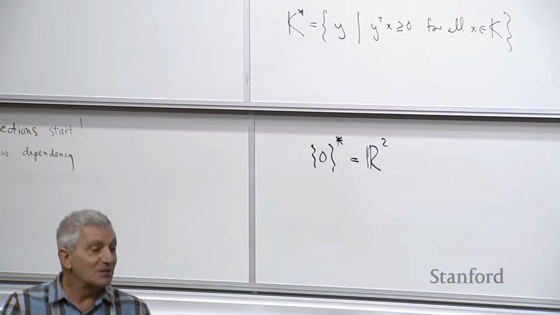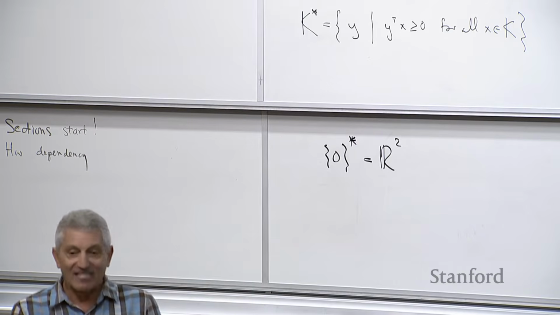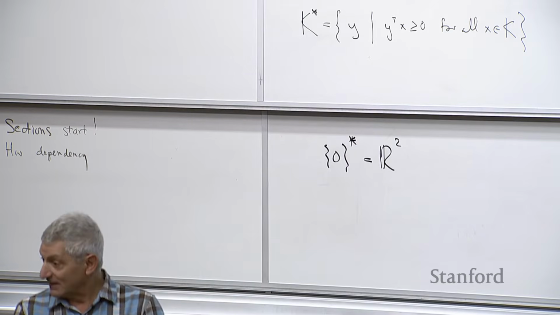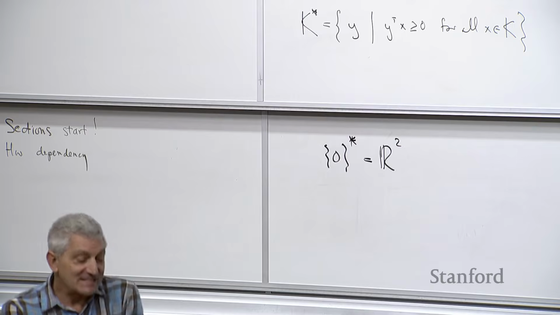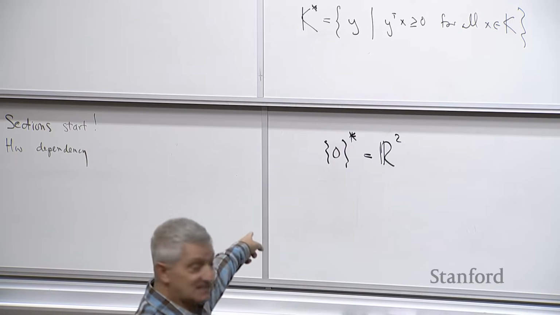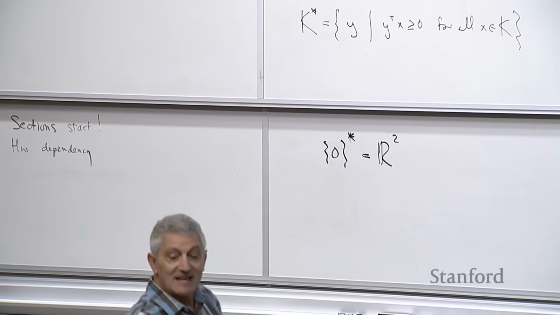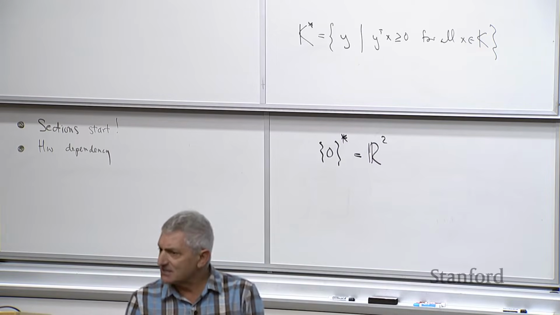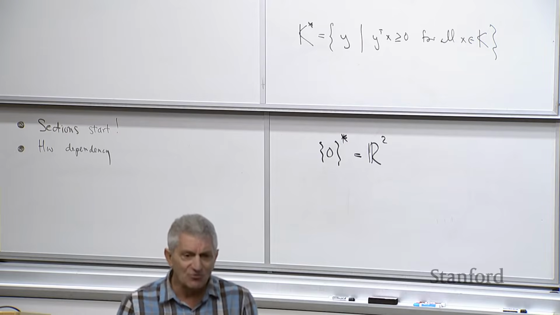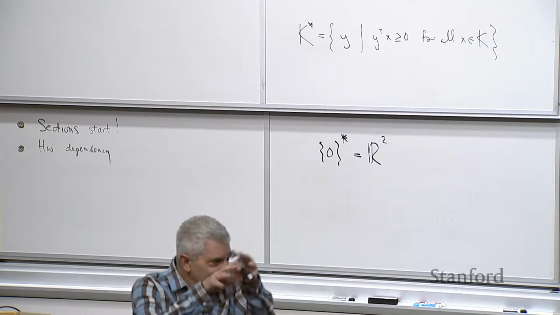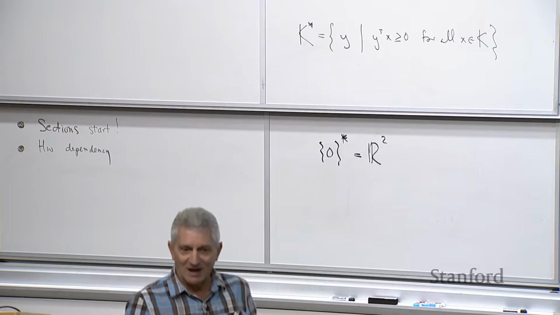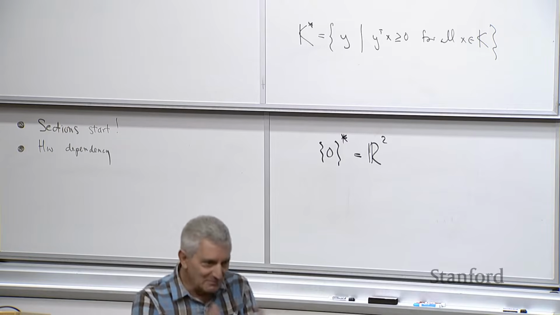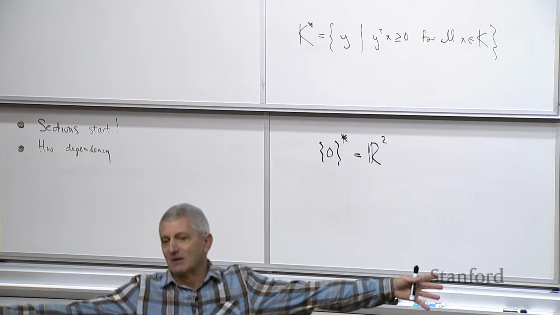Oh, by the way, this is something you're going to see that's kind of interesting. When you have a dual cone, if the cone itself is kind of small, and that's as small as cones get, right? Then your dual cone is big, right? And you've seen things like this. This is like a conjugacy type thing, right? So you have this in Fourier transforms, right? If you have a signal that's very time limited, then its Fourier transform is big old wide, right?